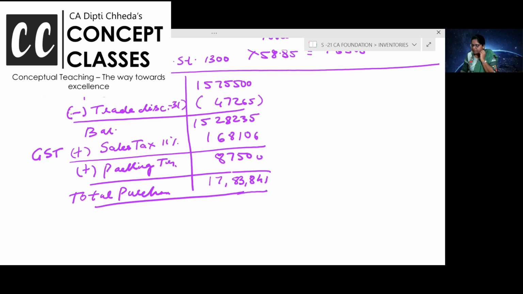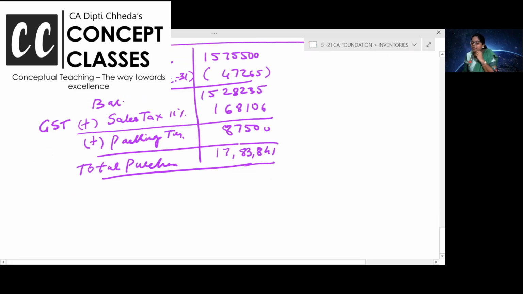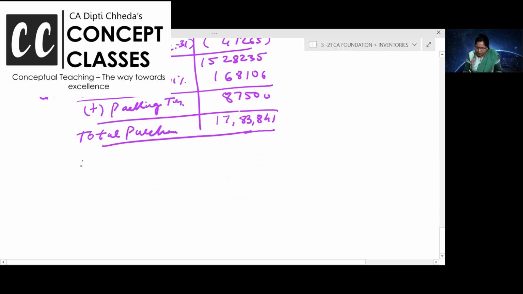Okay, this is the cost of total purchases. Now whatever is the sales